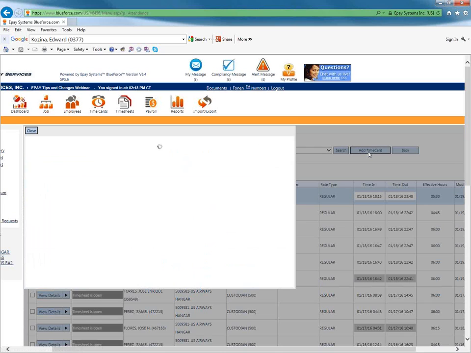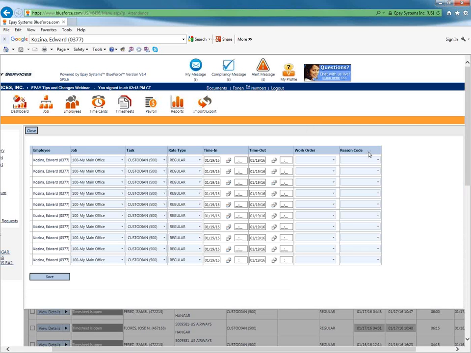The system will automatically dump his name into a grid several times with several blank fields that I now have availability to work with. Now this screen is taking just a tad to update for us, so just give it a second. But when it pops up here, I'll have full reign to go in there and tell the system what job this employee worked at, what rate type it is. Is it a regular rate? Am I entering a time card for a different type of rate? Whatever it may be. I have the capability of also entering a work order, but more importantly, the in and